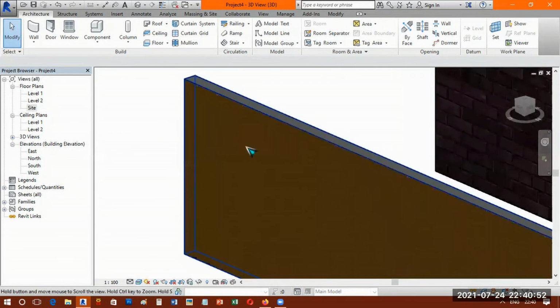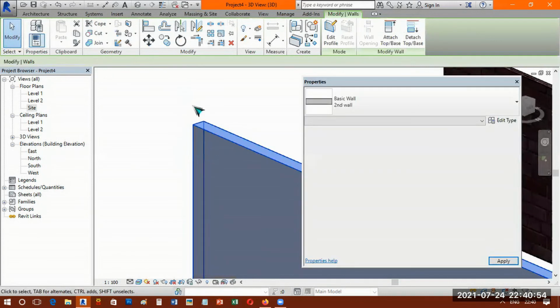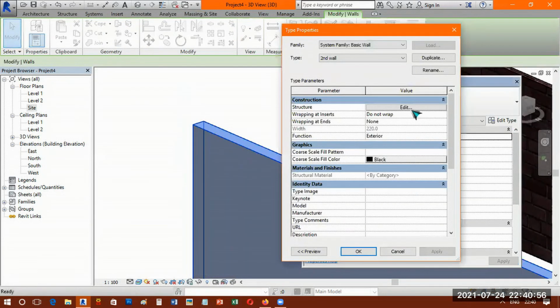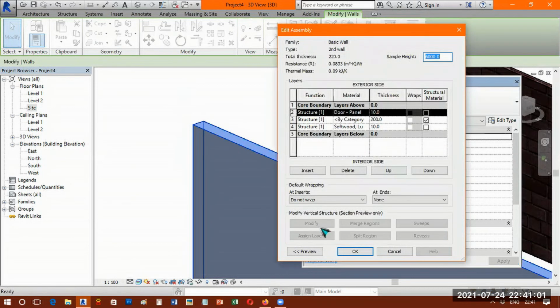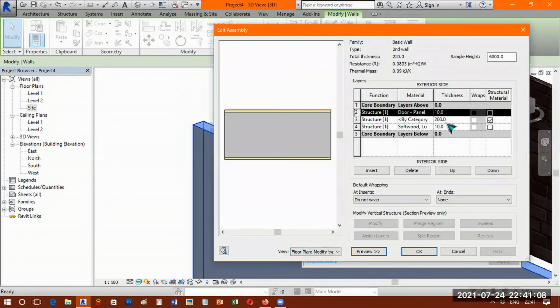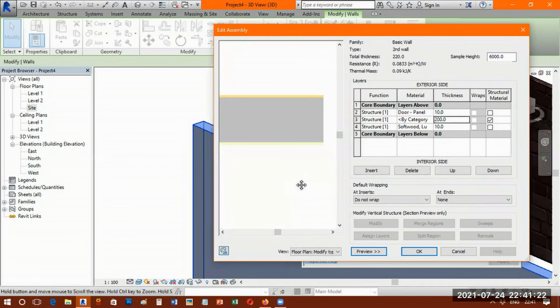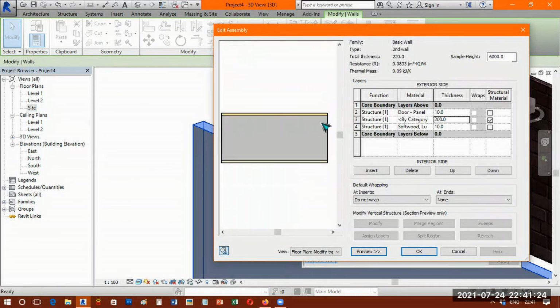One more thing, once you select this wall, go to properties, go back to edit type, go back to structure edit. Whatever we have set here, you can see from here also, in the preview. Once I click on preview, you can see that this 200 mm is the center gray portion here. The top 10 mm is this, the bottom 10 mm is this. This is the plastering for the wall. You can move this and zoom this and check it out.